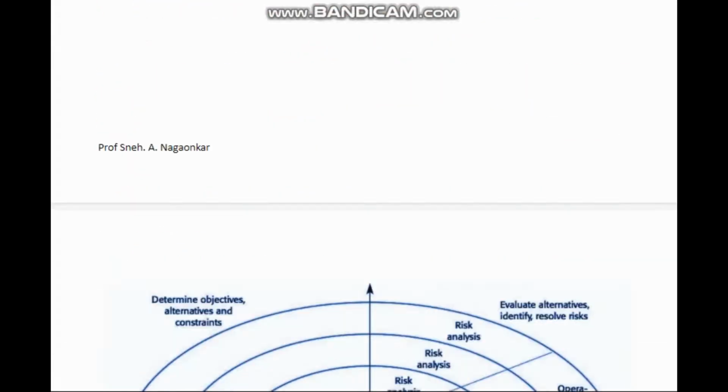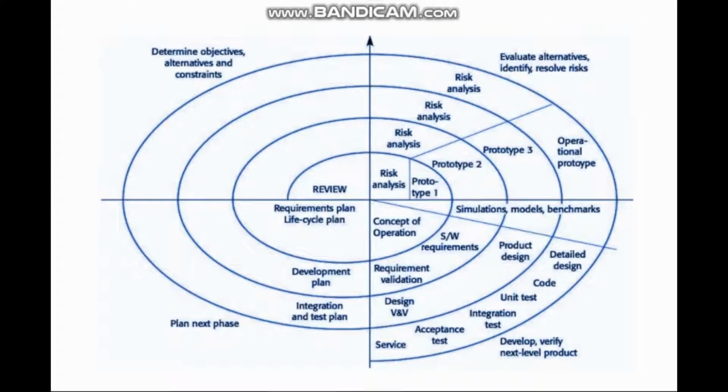Coming back to the diagram, you can see that this is the first iteration, this is the second iteration, this is the third iteration, and this is the fourth iteration. You can see that these are different loops. The loop begins from here and comes back to here, where it ends. That is one loop, this is the second loop, and from here it goes to the third loop, right? And from here it goes back and completes the last loop.